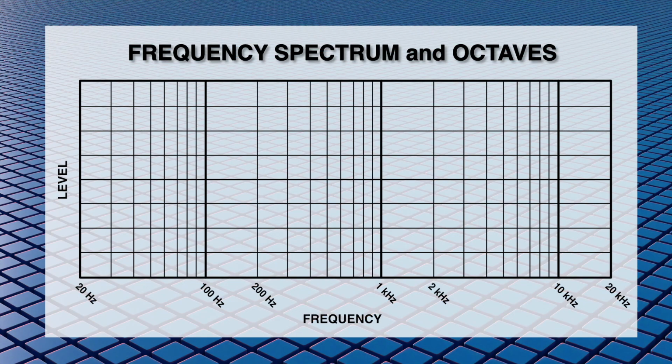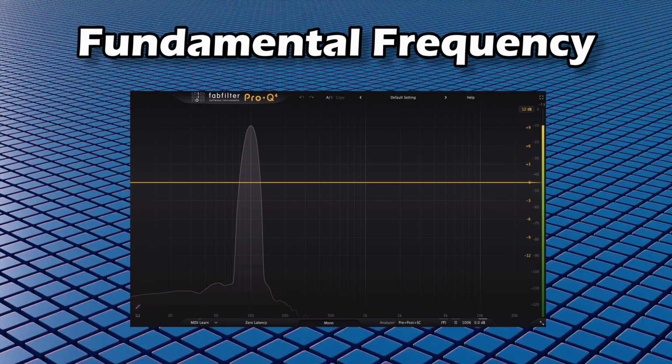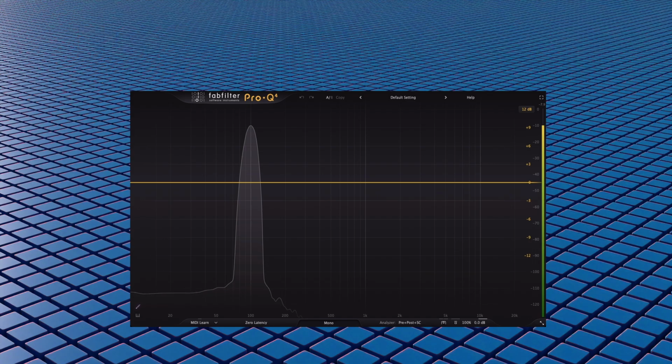Frequencies in the audio spectrum are not linear. They're logarithmic. What does that mean? It means for every octave the sound goes up in pitch, the frequency doubles. For example, 200 Hz is 1 octave up from 100 Hz, and 20,000 Hz is 1 octave higher than 10,000 Hz. Except for sine waves, most audio is comprised of a fundamental frequency as well as harmonics, which are multiples